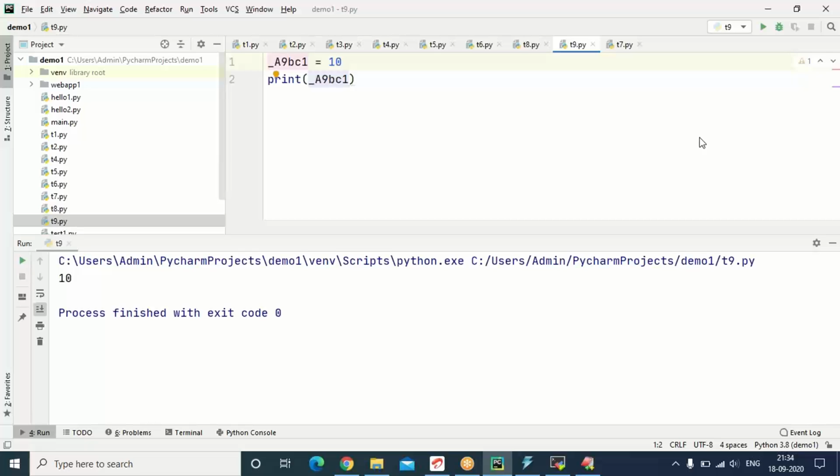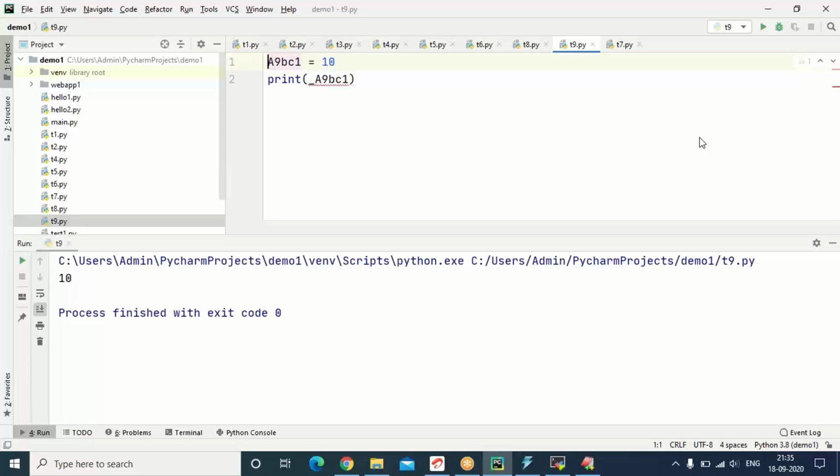Underscore is one special character. You can use underscore anywhere in the identifier. The fourth point: one special character, that is underscore, can be used anywhere in the identifier.